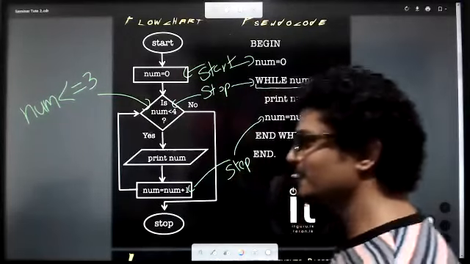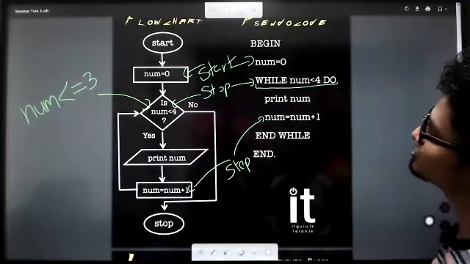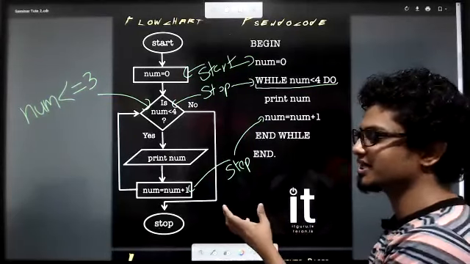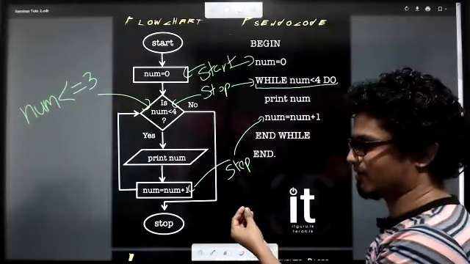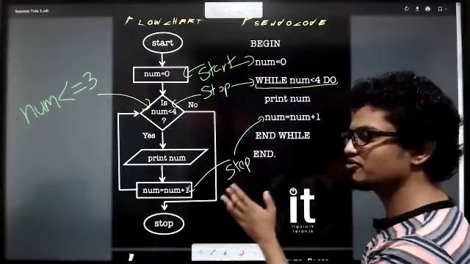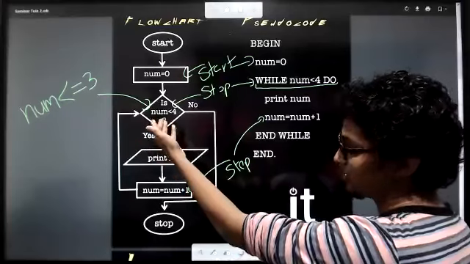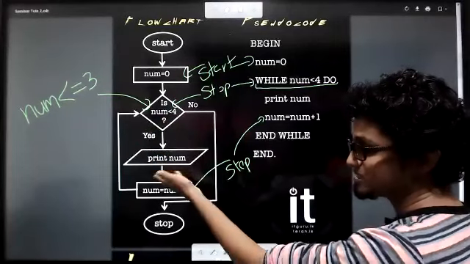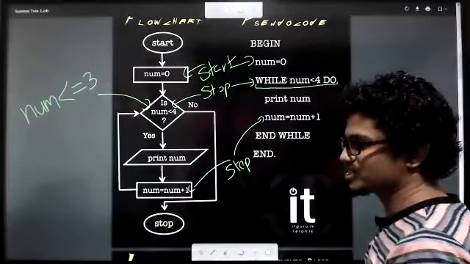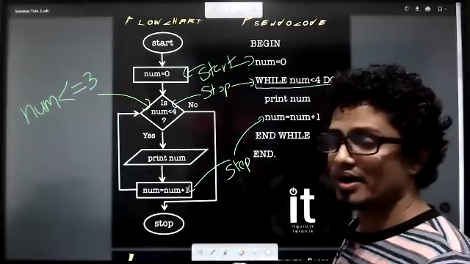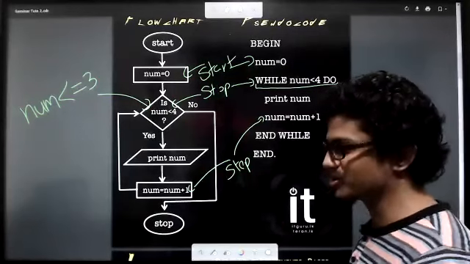Okay, so here, focus, kids. We have the flowchart and pseudocode here. Can all of you understand this? This is just a revision of what we did last week. Starting from 0 and going till 3 based on this condition, displaying the number, num equals num plus 1, which will give us the output 0, 1, 2, 3 on the output screen, right?